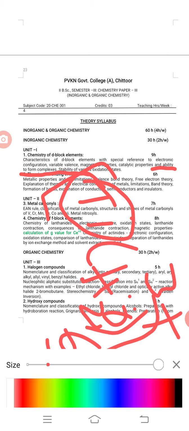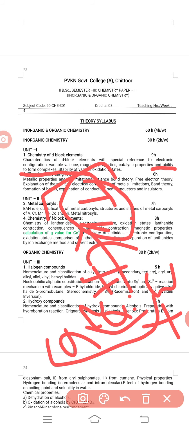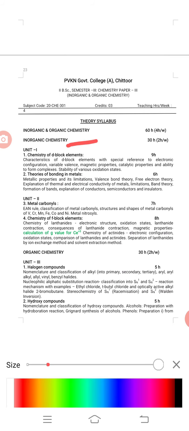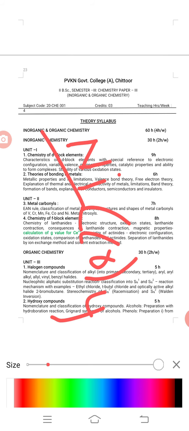The ligand has a lone pair of electrons. This pair of electrons is donated to the central metal atom. So it forms a complex, Ti(H2O)6 3+. Next, a very simple complex, nickel tetracarbonyl. Here nickel is the central metal atom, carbonyl is the ligand. This ligand donates the pair of electrons to the nickel atom.